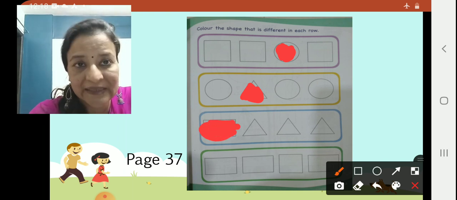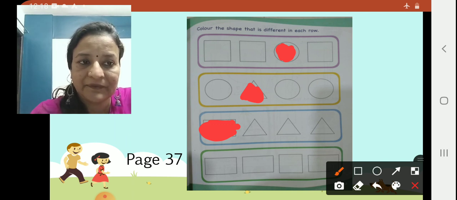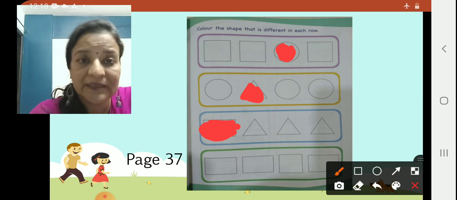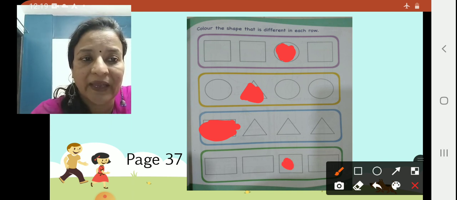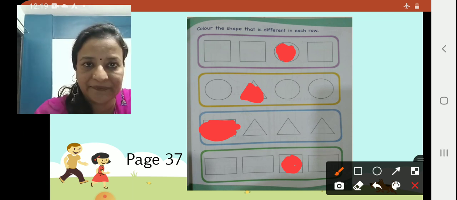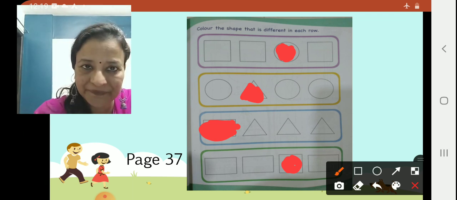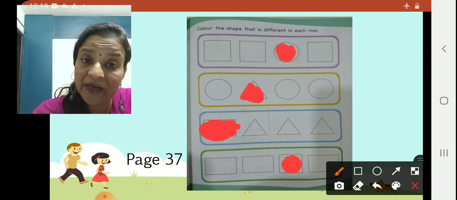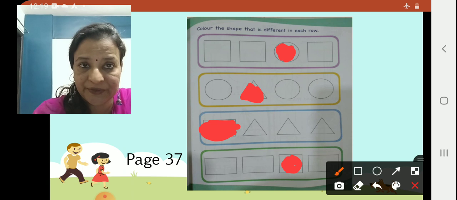So we will color this rectangle. Now which is different in the last row? All are rectangles, but one square, you can see here. So we are going to color that. Color the odd one out, color the odd man out.